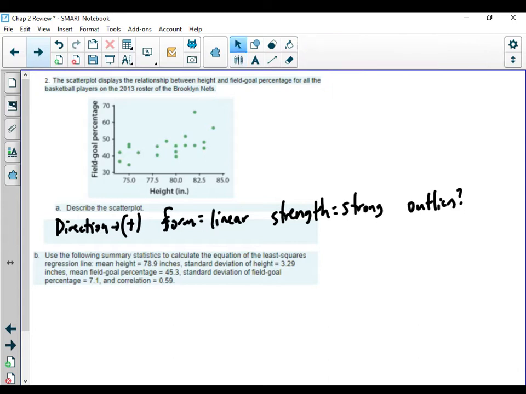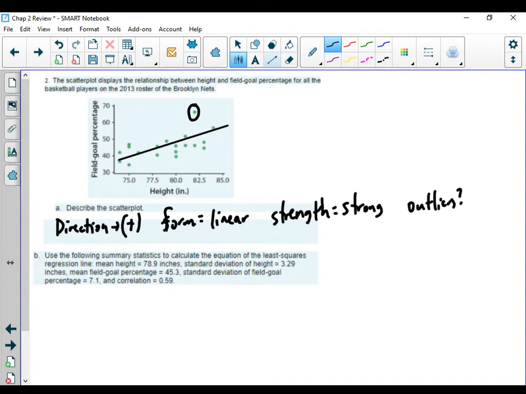Well, I don't really think there would necessarily be an outlier if I drew a line through these values. Maybe this one out here would be considered an outlier. It's a little bit further off. So if you said there was that one outlier, maybe that would be okay, but it's probably borderline for an outlier. All right, then they wanted us to actually find the regression equation,